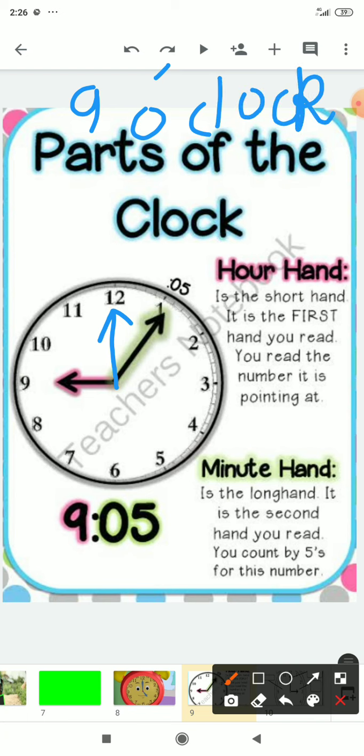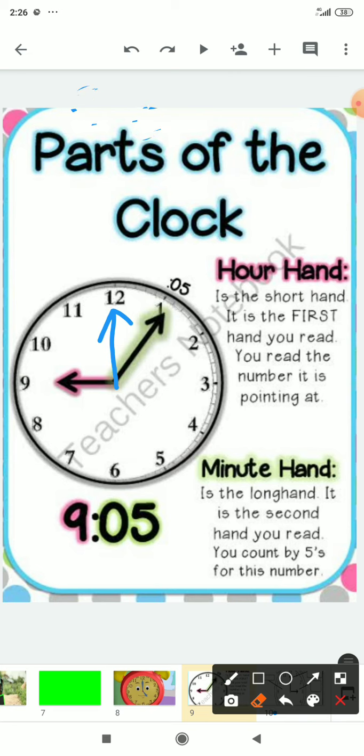Okay, we will write the time in this way, 9 o'clock. Okay, next, if the short hand is pointing to 7, I will do this, it is pointing to 7, it is known as 7 o'clock. Okay,